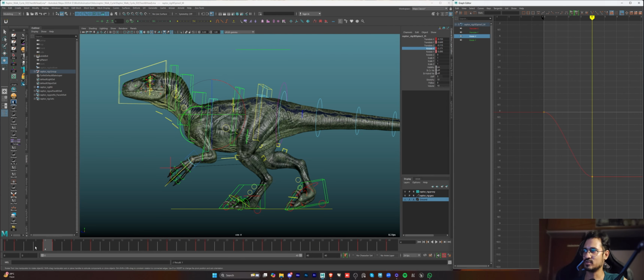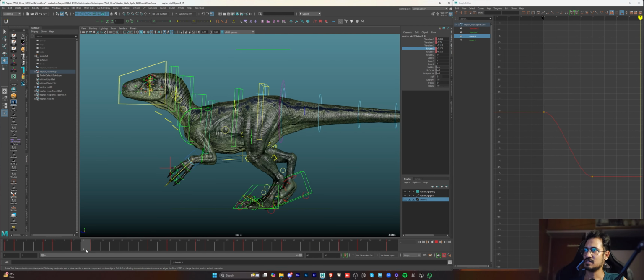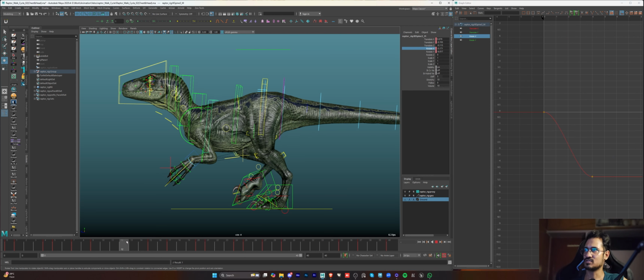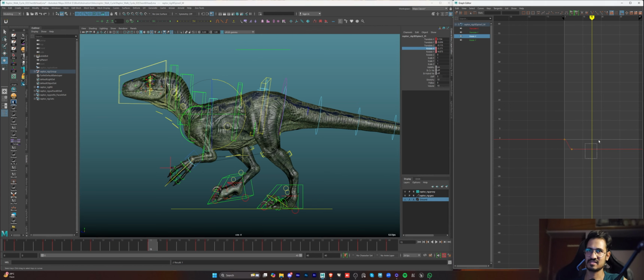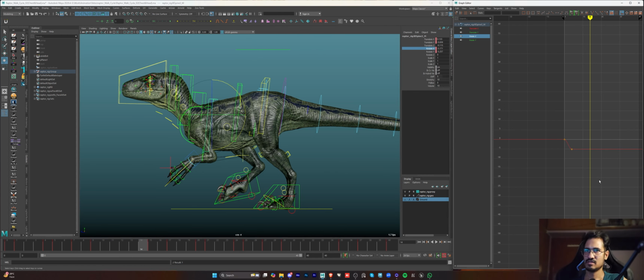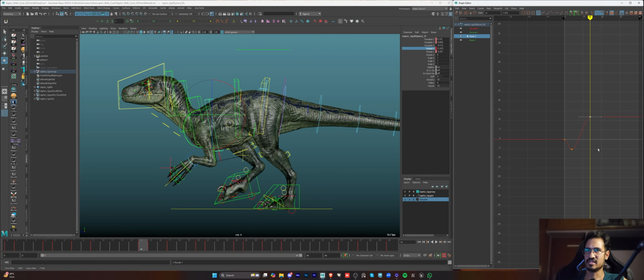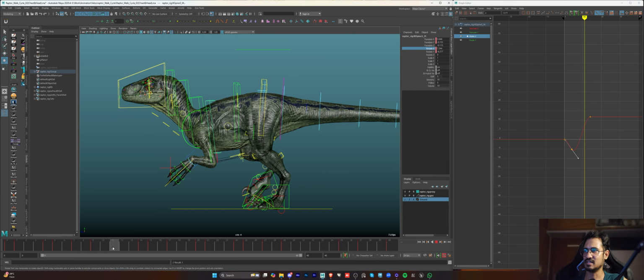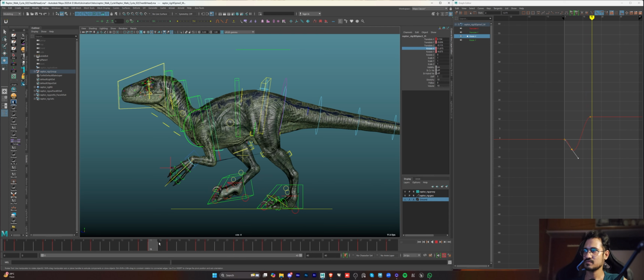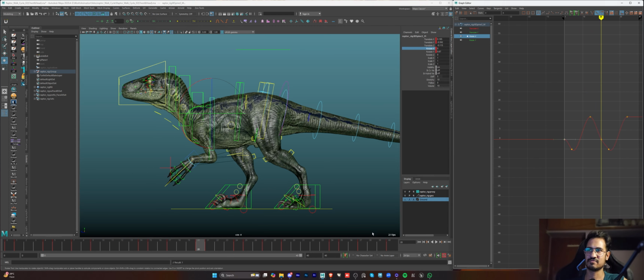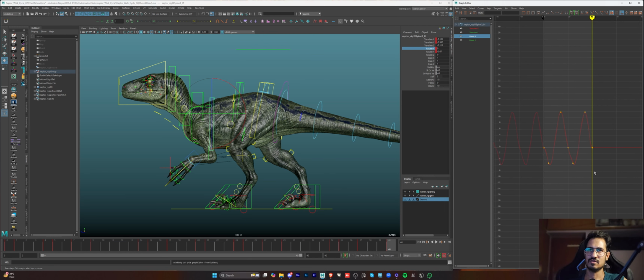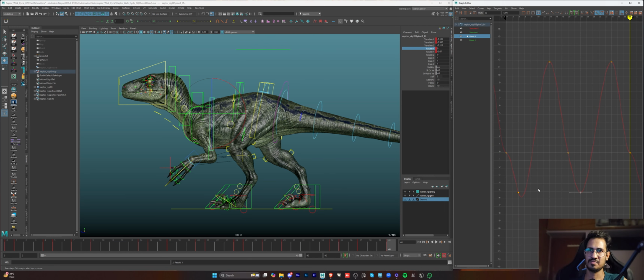So basically I am doing the reverse, and then suddenly it goes down, and when the chest is coming up it stays down only. So I'll put a key and rotate it downwards. I'm just doing it very randomly for now, and then we'll adjust the timing. So let's copy this same graph from the middle frame, that is frame 20. So I have made this a complete loop,